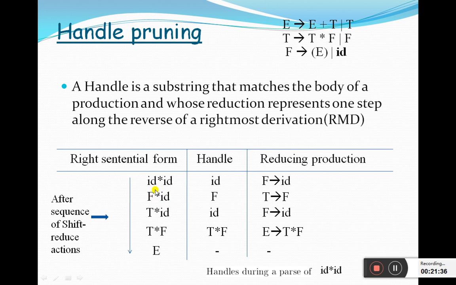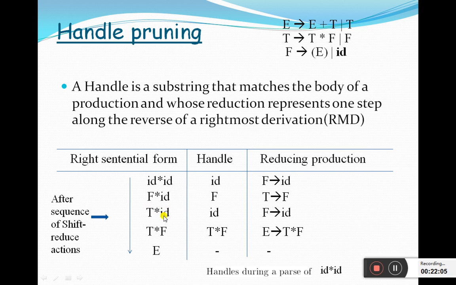So the next sentential form in the reverse RMD: in this sentential form, the handle is F, and we replace F by T, since F matches the body of the production T → F. So we get T * id.